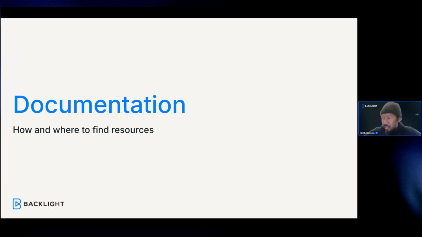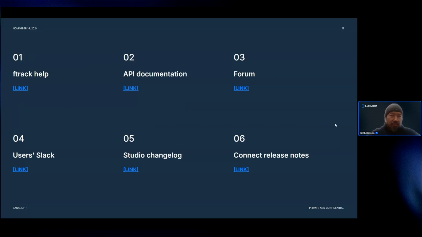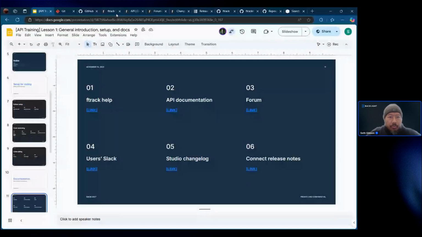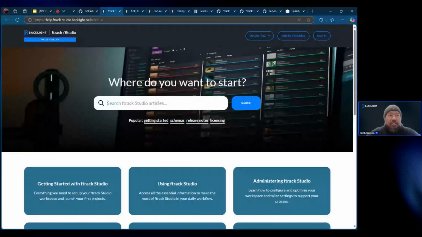Okay, so now that we have an idea of where we want to go as far as how to set our development environment up, how do we actually learn to use the API? Where do we go for source code, for examples, for API documentation, for any information that's going to help you get going? So we have quite an extensive set of resources. And the first place we'll point you to is our Ftrack help, which is this site right here,